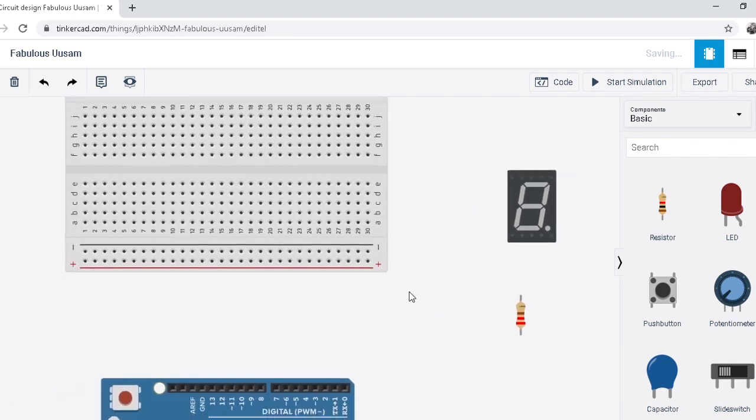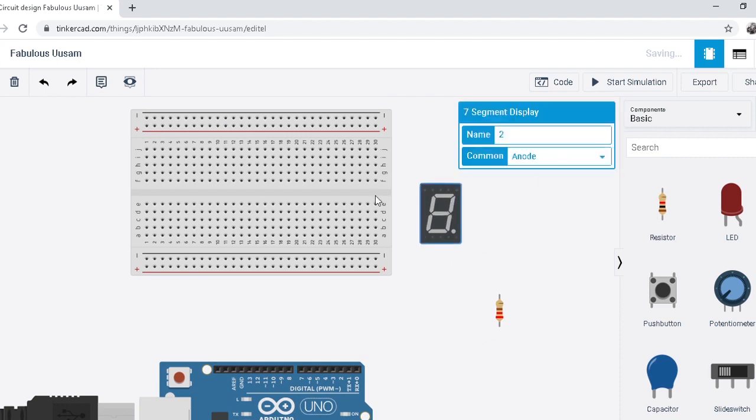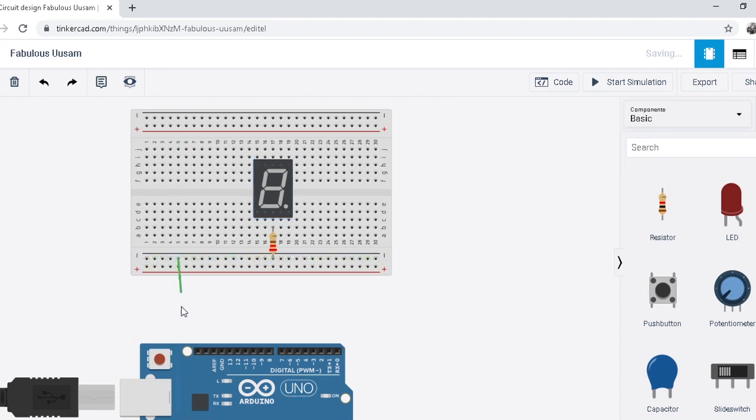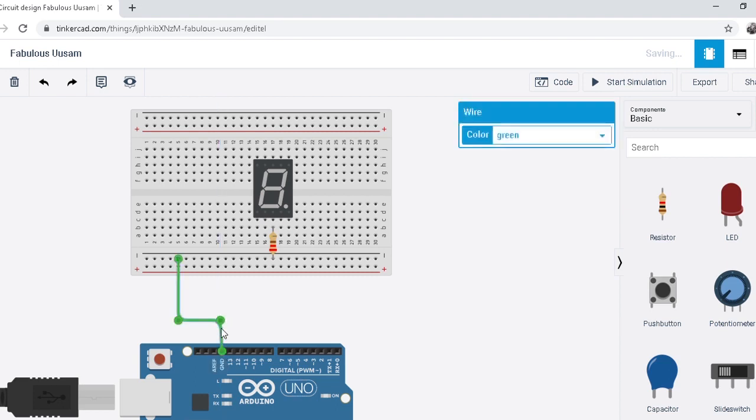Now we are going to do the circuit part, and we are attaching it in the breadboard. The resistor is attached to the common pin. We have two common pins, this one or this one, and we can use only one. We have to make this one cathode, because we are using the negative wire and it goes to the ground. That is why we are using the cathode 7-segment display.